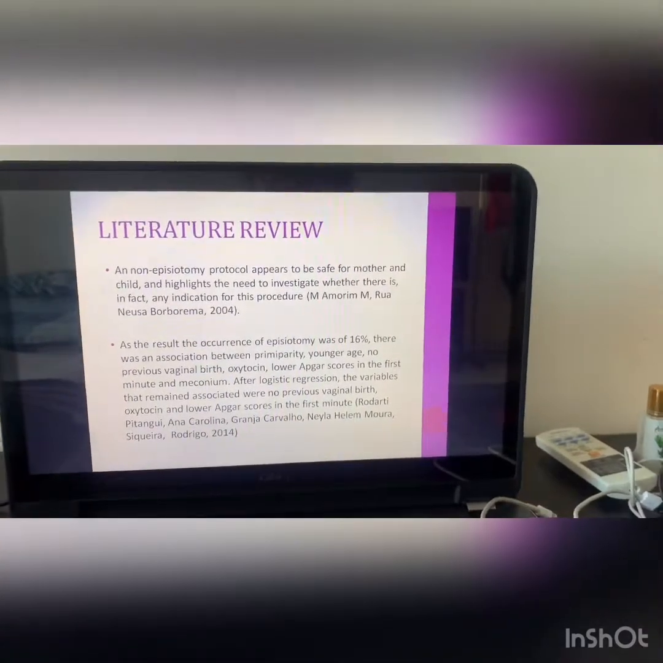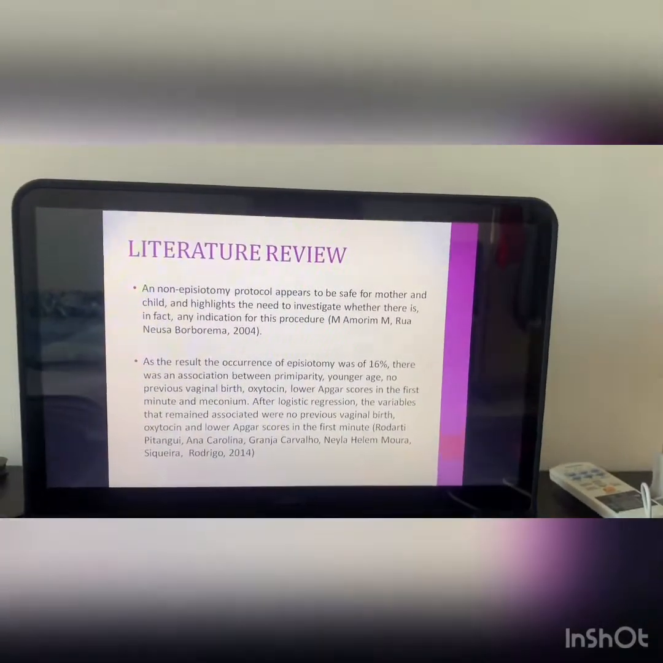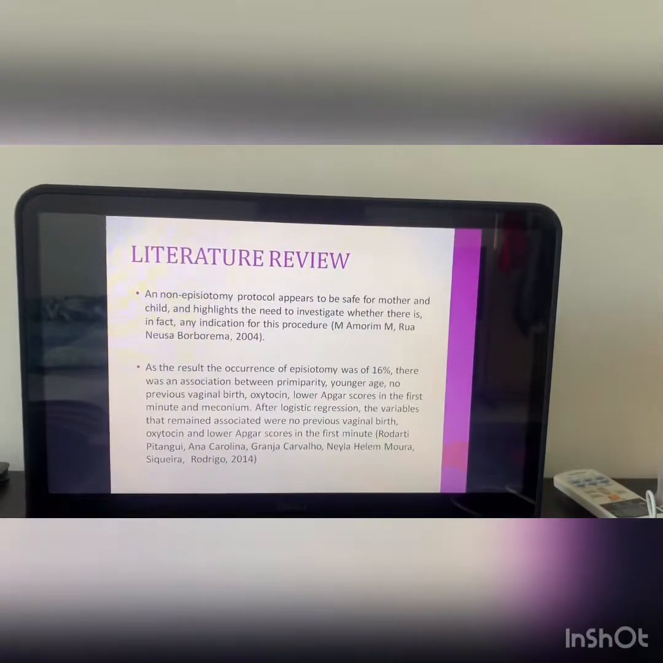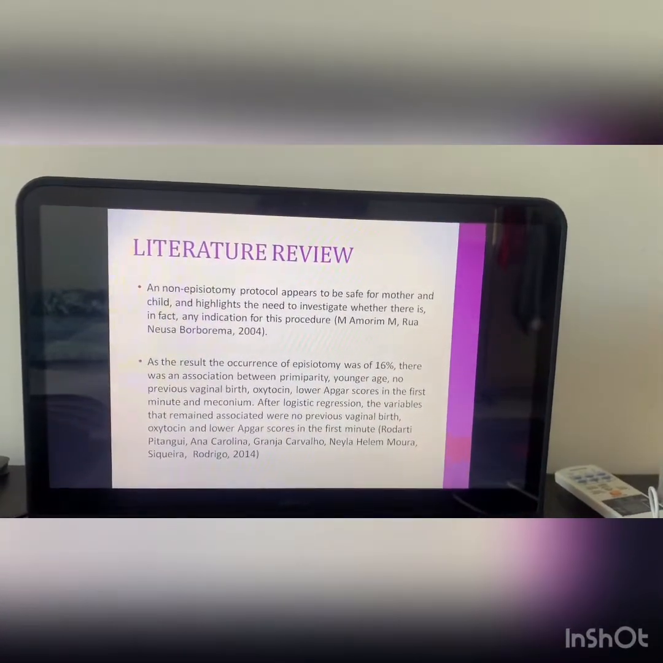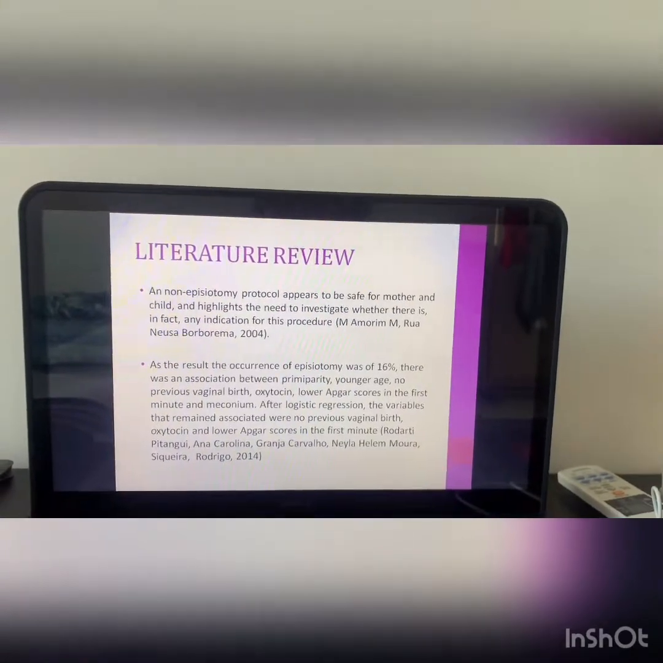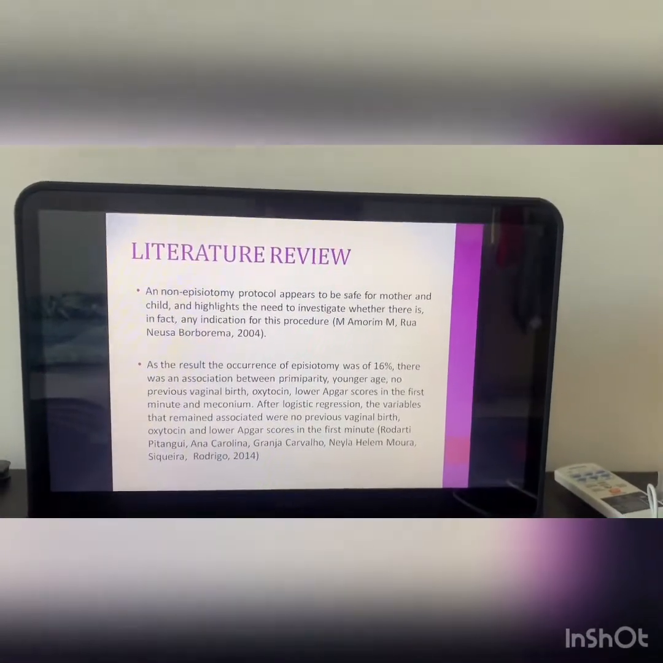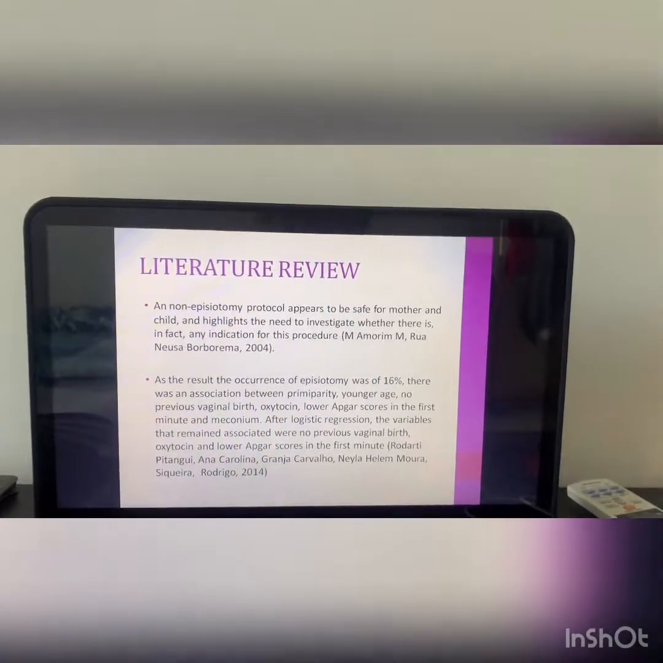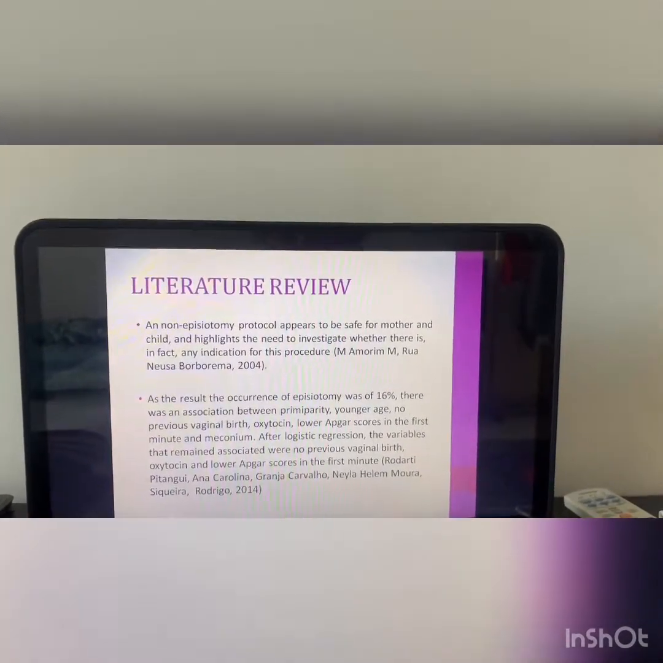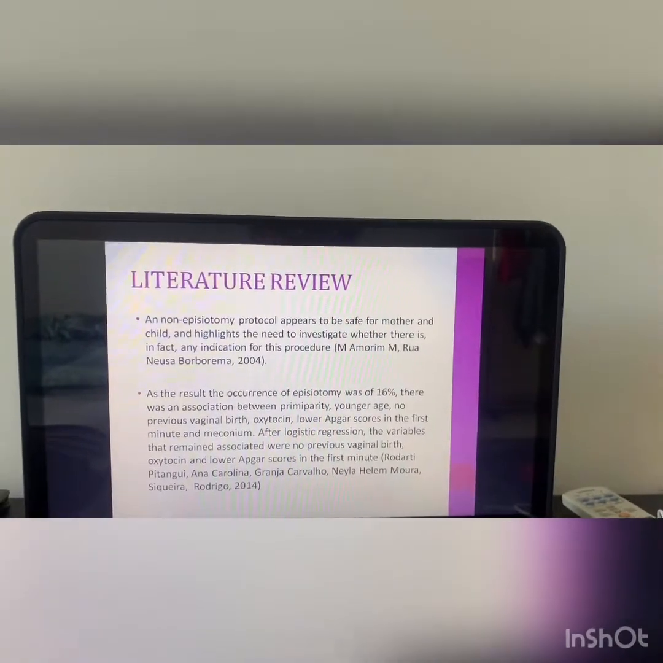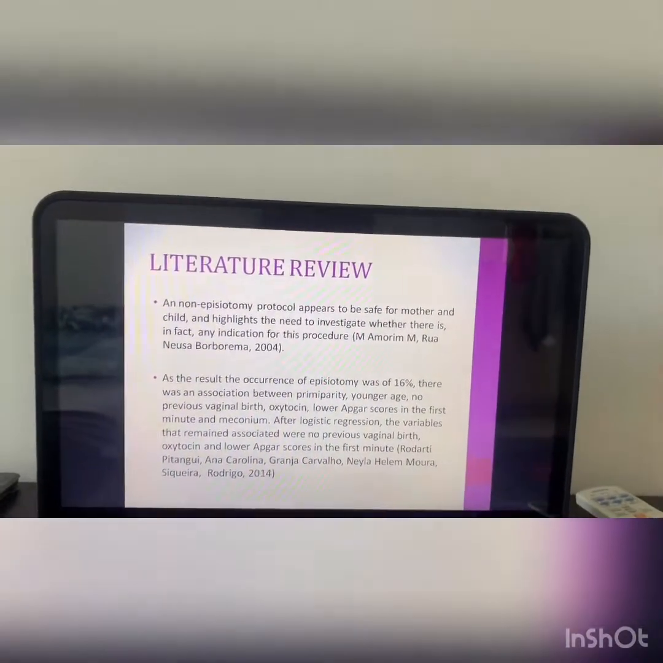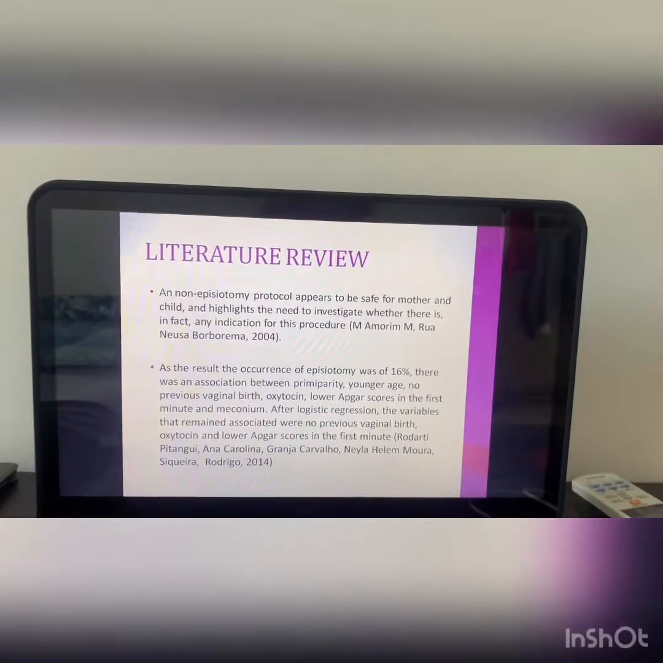Now we are moving on with the literature review. A non-episiotomy protocol appears to be safe for mother and child and highlights the need to investigate whether there is in fact any indication for the procedure. This was stated by Morim M. in Rua Neuza Bome Rama in 2004. As a result, the occurrence of episiotomy was